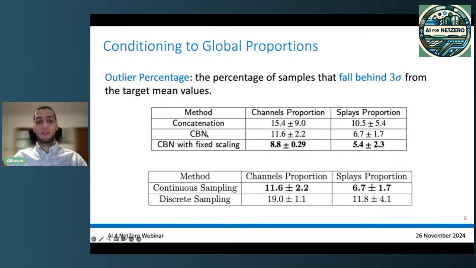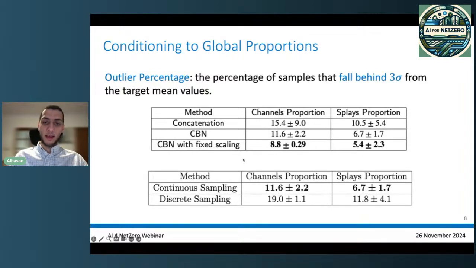This method tries to modulate the activations of the normalization layer using this condition. And finally, we proposed another method which is based on the conditional batch normalization, but the only difference is that the modulation or the conditioning happens only on the shifting parameter of the normalization, while the scaling parameter is kept